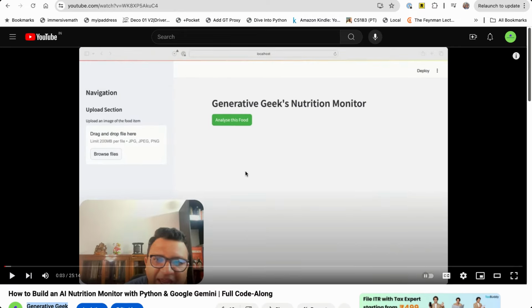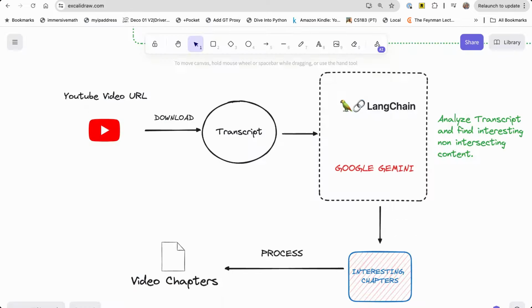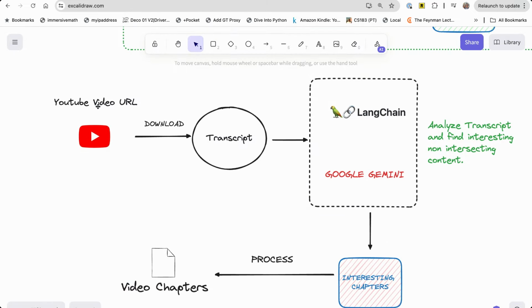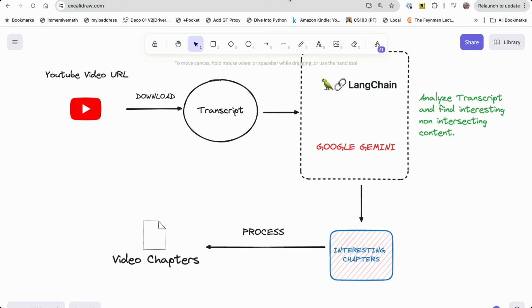In today's video, what we are going to do is take this URL, which is the video URL for this video, and then following the process where we'll take the YouTube video URL first, then we're going to download the transcript, and then using Google Gemini, we are going to analyze the transcript and find interesting non-intersecting content. Right, so non-intersecting is very important because you want chapters which are slightly distant away, and wherever there is